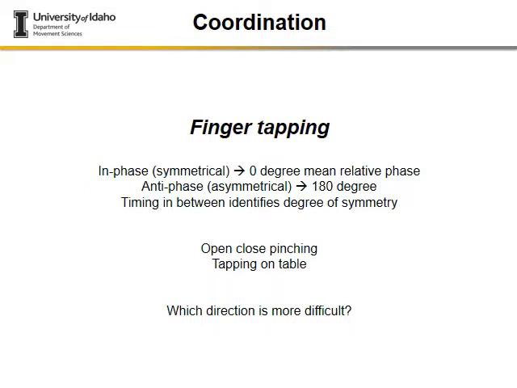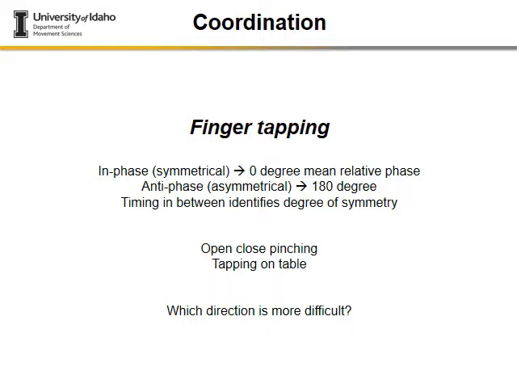And that's when you're trying to sync up two opposing limbs that are doing the same task. It's easier for us to be in phase than it is anti-phase. And of course, when we're walking, it's kind of hard to do because each leg is moving in the opposite motion of the other. But the idea is that it's easier for us to switch from anti-phase to in-phase than from in-phase to anti-phase. So that's when I talk about which direction is more difficult. Our body prefers to switch from anti-phase to in-phase rather than from in-phase to anti-phase,